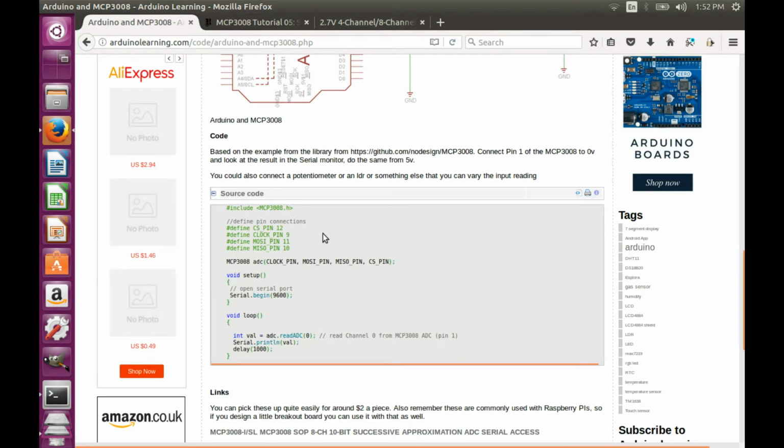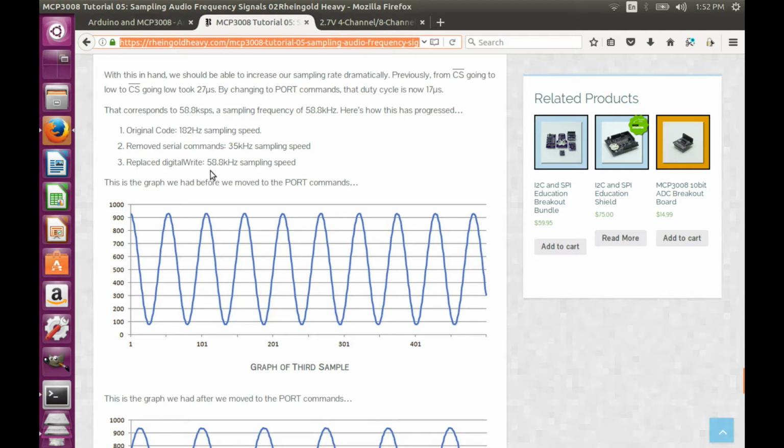However, the maximum sampling speed that can be achieved so far is only 60 kilosamples per second, as documented in this article. And one of the reasons for that is that the manufacturer